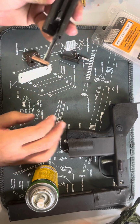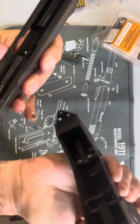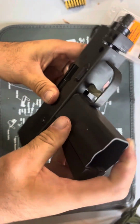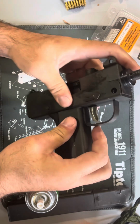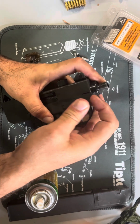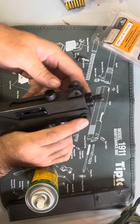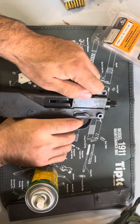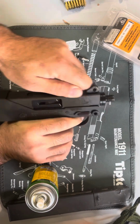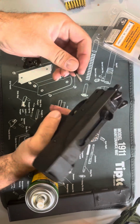So once you have it like this, I found the best way to put it back together is turn it upside down so that stuff's in there. And you'll see you got to get it right in that little square there. And it just pops right into place. Put the pin back in the front. And before I put the other pin in, check the functions. Safety works, fire works, everything works. So put the other pin in,